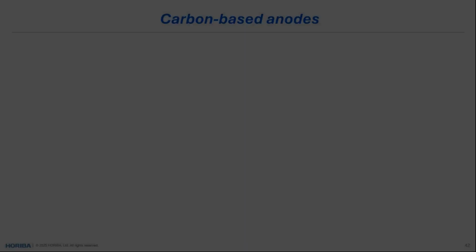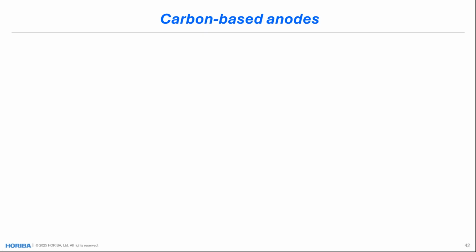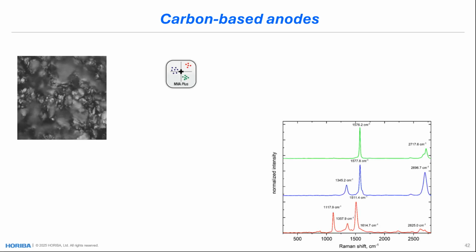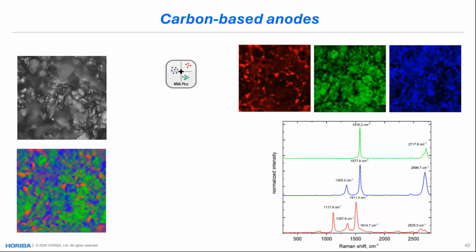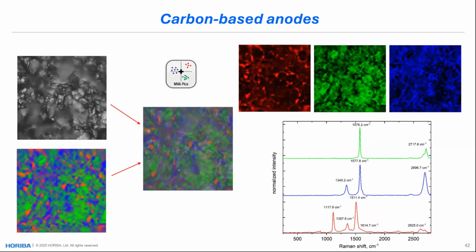Now, what we can do is also imaging of the electrode, or mapping. Here is a picture of the electrode, and then a spectrum of different features. We can apply the multivariate analysis, which is integrated in our software, and see the distribution of all these species here. Then we can overlay an optical image and monitor which feature corresponds to which part of the optical image. And it allows you to see the degradation of the electrode, or how the electrodes evolve